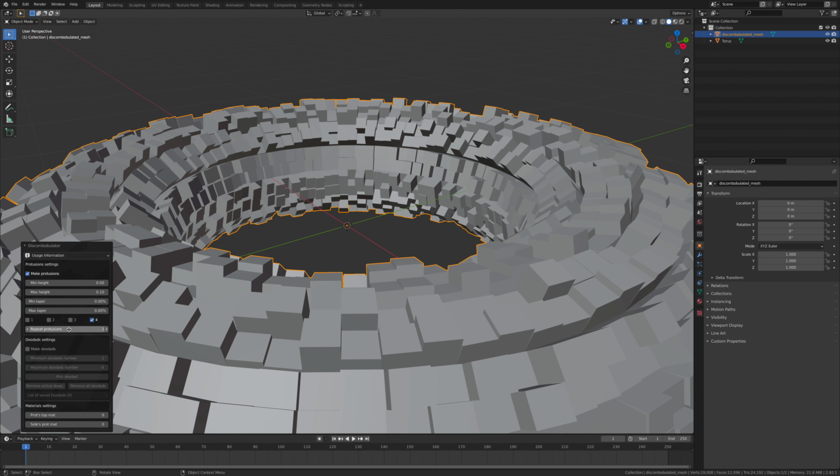Then, repeat protrusions. I can't stress this enough. Don't go above 3 unless you want to wait for like 5 hours, because I had to close the app. It had crashed my computer. Anyways, so